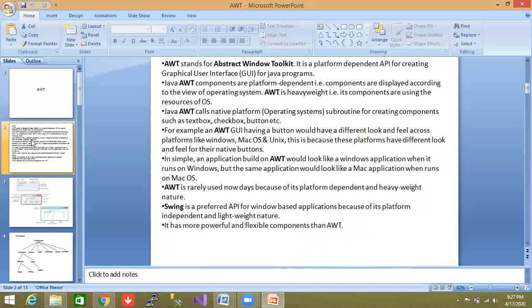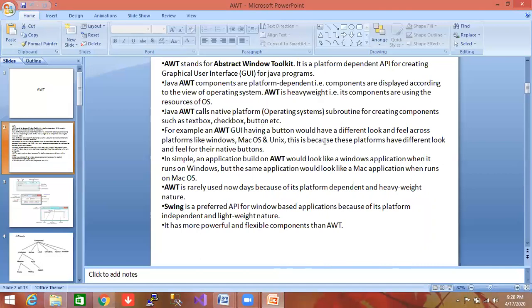For example, an AWT GUI having a button would have a different look. The button in an AWT GUI is different from other GUIs in other operating systems. An AWT GUI button would have a different look and feel across platforms like Windows, Mac OS, and Unix.